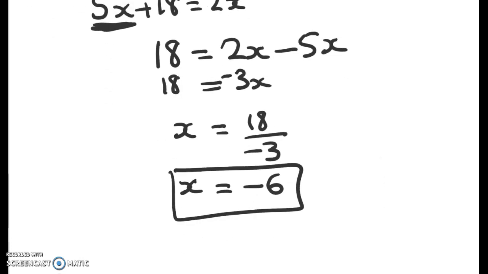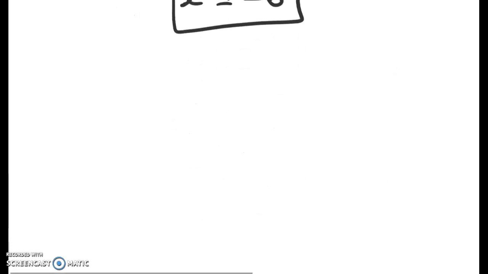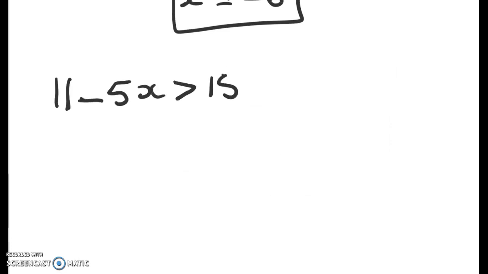Right, now let's have a look at C, which has got an inequation in it. So we've got 11 minus 5x is greater than 15. Before I start this, just a really quick review of what goes on with greater than or equal to signs. Just think about a number line